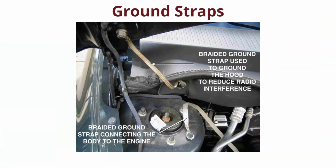All right. So you'll see these on cars all over the place. You'll see ground straps, and what ground straps are is braided. They're braided ground straps. You'll see them tie from the firewall to the hood, from the strut tower to the engine, all over the place. And what they're for is this: what do we get when we have a collapse of magnetic fields? We get AC voltage. AC voltage wreaks havoc on our stereo speakers and whatnot. Nothing's worse than setting your car up with a big amp in the back and having engine noise come through. So the braided ground straps reduce the radio interference